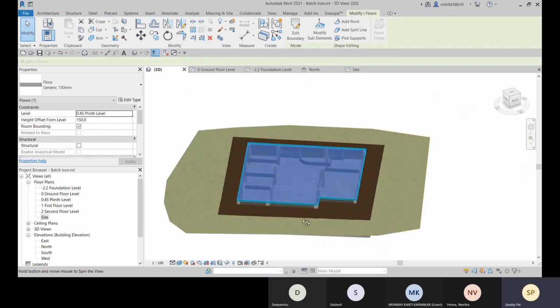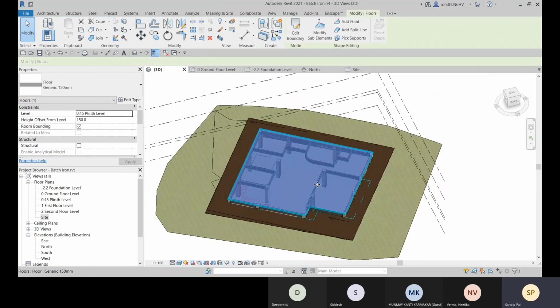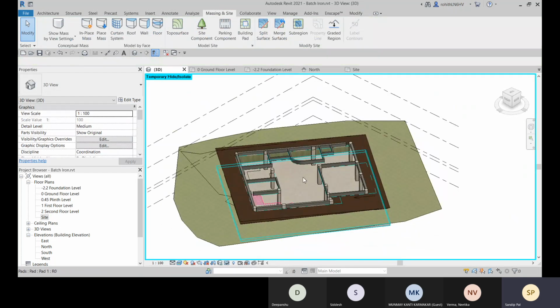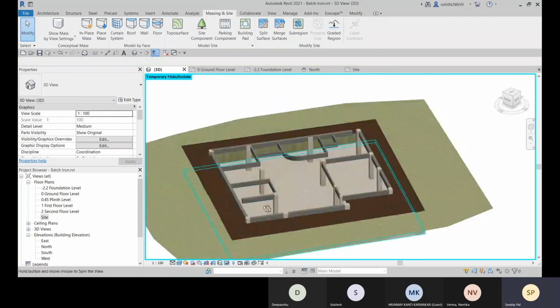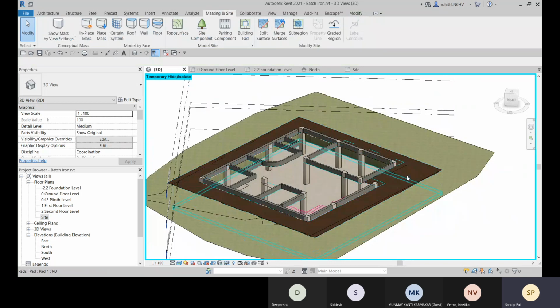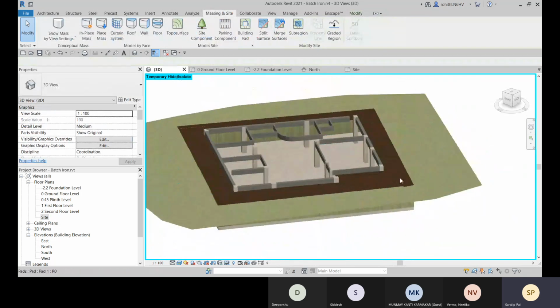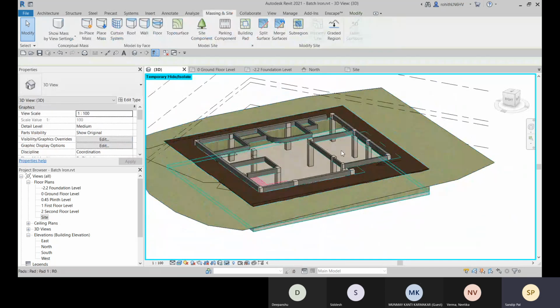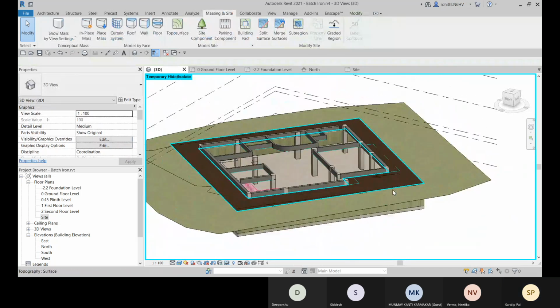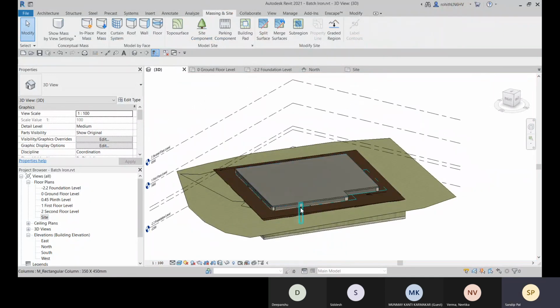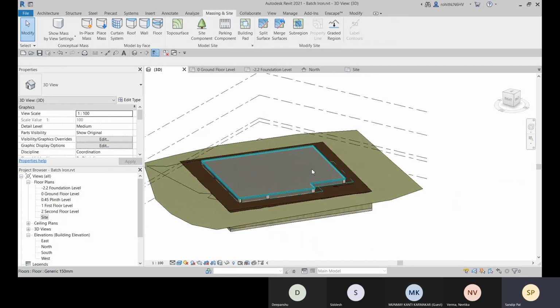Let me hide this floor so that you can see that I have cut this area. Okay, and this way I have provided this topo surface within this area, and this is filled up. That you should do. All right. So bring back that floor, and now you can start creating your superstructure.